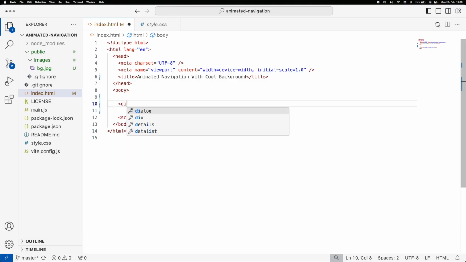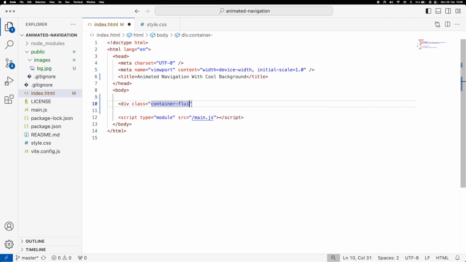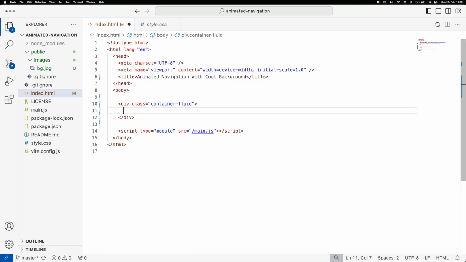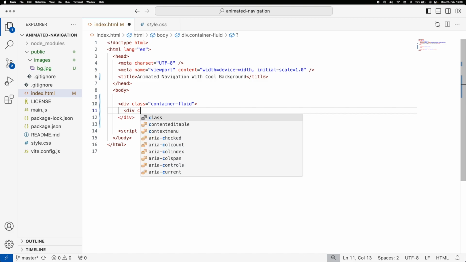First thing we want to do is have a container that the navigation bar can sit in. The background image of the body we're just going to use CSS for, so we don't have to care about that. But the navigation bar is going to sit in this container-fluid that we're just going to use to be able to manipulate it depending upon what size it's going to be. It's not going to do much more than that really. Then we're going to have